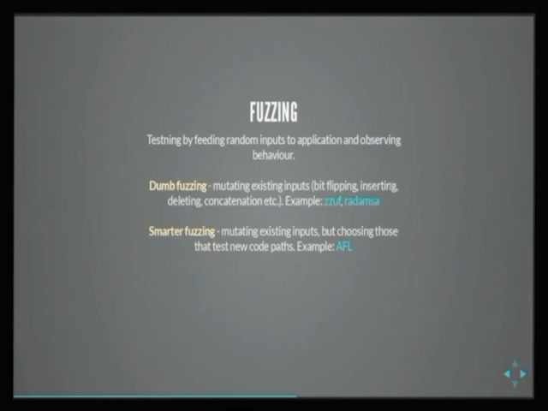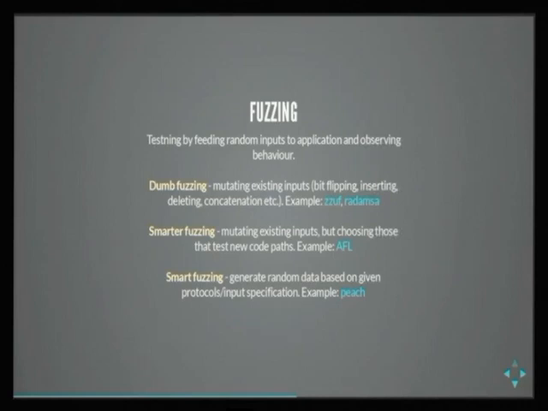It's a little bit smarter than the dumb fuzzing in the sense that it instruments the code of your application and tries to generate inputs that will test more code paths. So it usually has much better code coverage. And smart fuzzing means you literally write your own intelligent fuzzer based on a protocol input specification for your application.